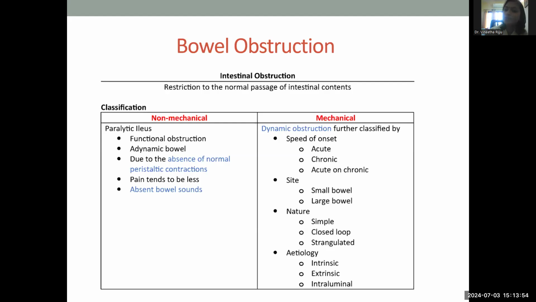It can be intrinsic, extrinsic, intraluminal, where you will have the obstruction. It may be a mass which is infiltrating. So that can be intraluminal. There could be a mass which is sitting inside the lumen and causing the obstruction. It can be one which is outside the lumen of the intestine and causing a mass effect and thereby producing obstruction, or it can be intrinsic where it is invading through the muscle wall.